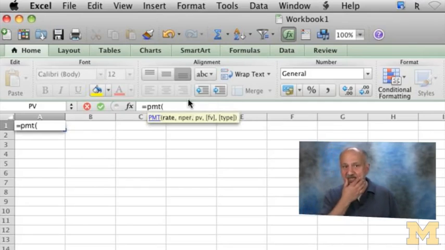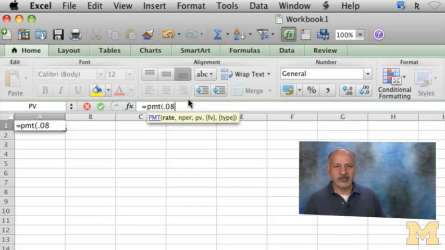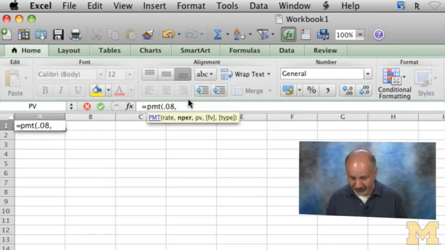What is the first number that shows up? The first number that shows up is the rate of return. And we know how much we are earning. We're earning 0.08. Again, emphasizing this, the only reason I'm using Excel right now is simply because the calculation is very difficult. But I've explained to you what's going on. You're doing 40 carry forwards, but actually only 39, because the first one is 0 and the last one is just itself. So that's why I said, okay. So you put a comma, and what's the next one? 40.